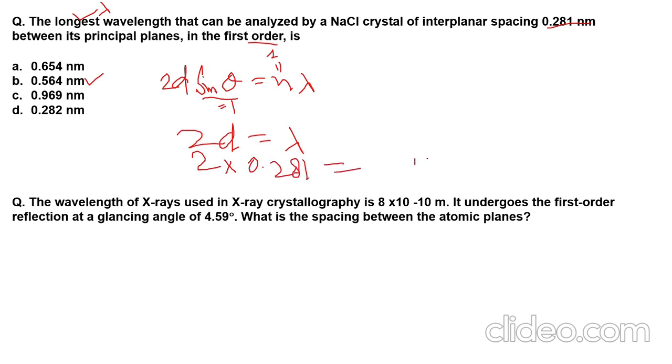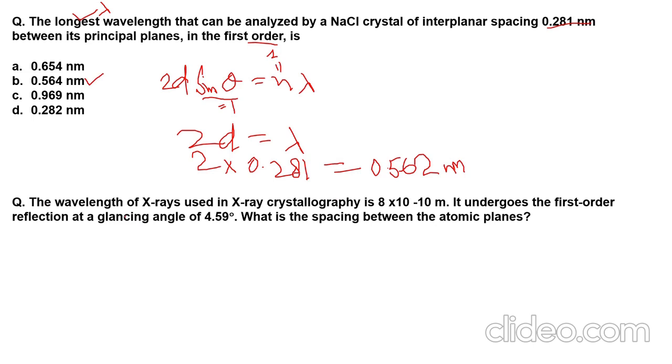So that is 2, 6, 4, 5, sorry, 0.562. I think nanometer, right? Nanometer. So then we have another question on Bragg's law that says that the wavelength of X-ray used in X-ray crystallography